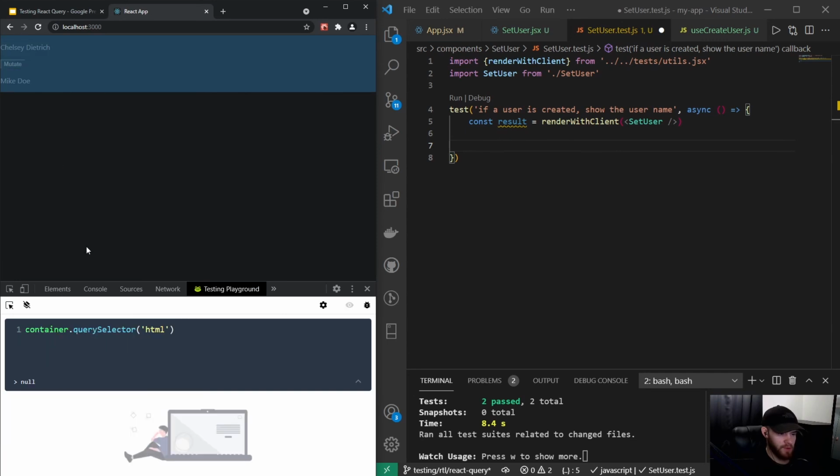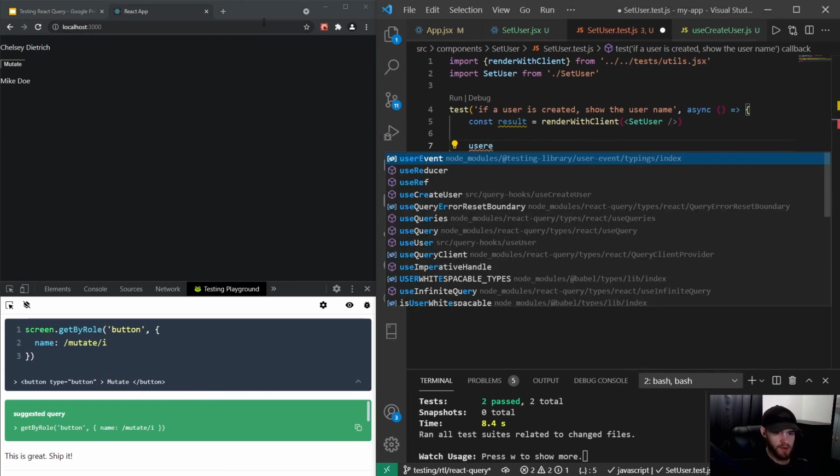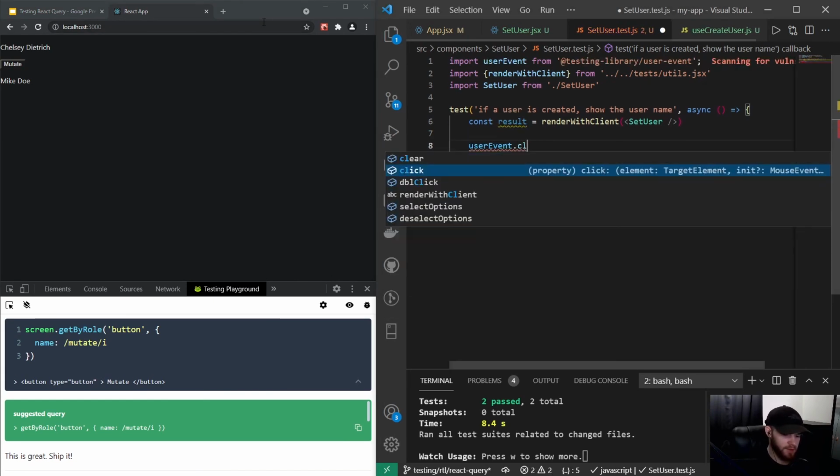And if you don't know how to use this, I recommend to watch the previous videos that are part of the React testing library, where we will also be using this extension. But essentially, this is helping us to target the actual thing we want to target on the screen. So I'll copy this, and I will say user event dot click,